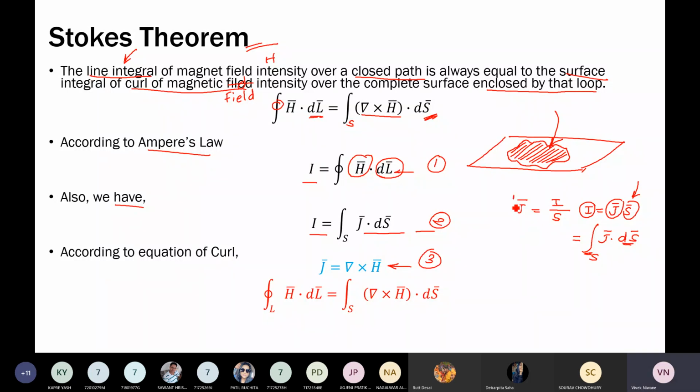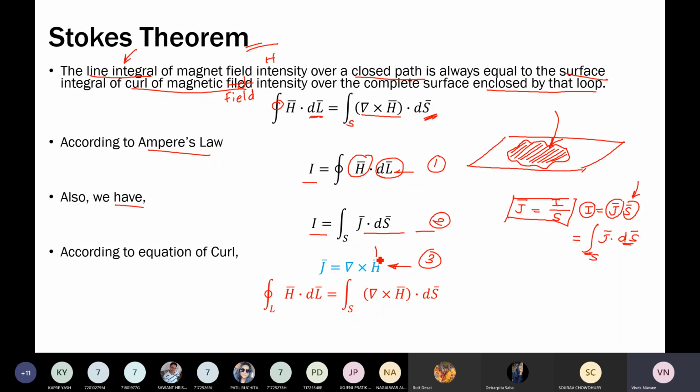density quantity, which can be understood. And the third equation, j bar is equal to del cross h bar, which requires a derivation. We are not going to look at the derivation, but I will keep it as homework for you. If you have curiosity about how j bar is equal to del cross h bar comes mathematically, definitely we can